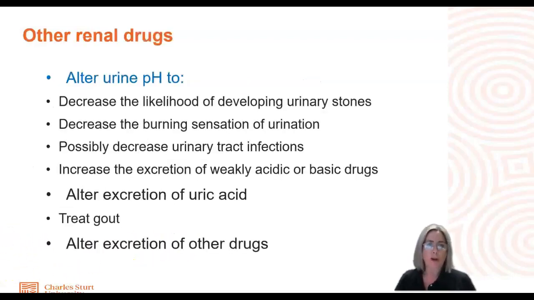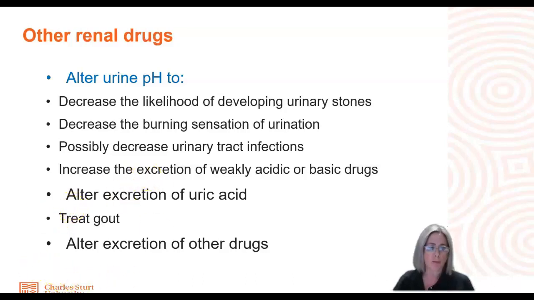Now, very briefly, just talking about other renal drugs, you can use drugs to alter the urine pH to decrease the likelihood of developing those urinary stones that are dependent on particular pHs. So uric acid in acidic pH, and then those magnesium stones in alkaline pH. To decrease the burning sensation of urination and to possibly decrease UTIs, and to increase the excretion of weakly acidic or basic drugs, which we talked about in the pharmacokinetics lecture, but I'm also going to talk about it in the next tutorial. To alter the excretion of uric acid to treat gout,